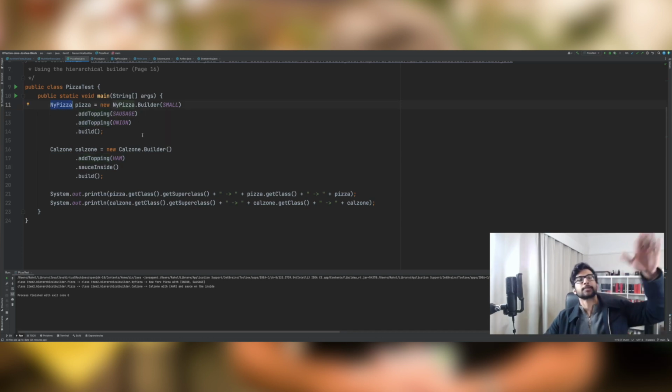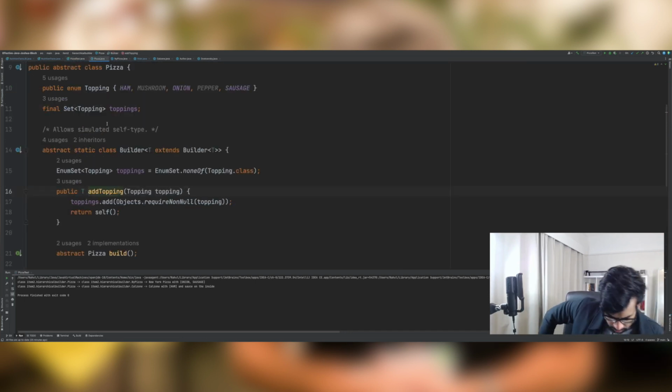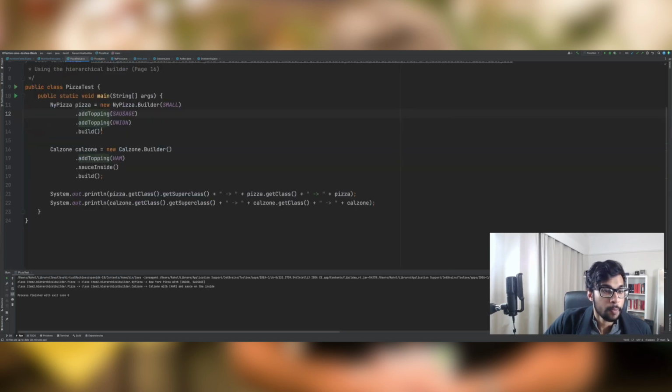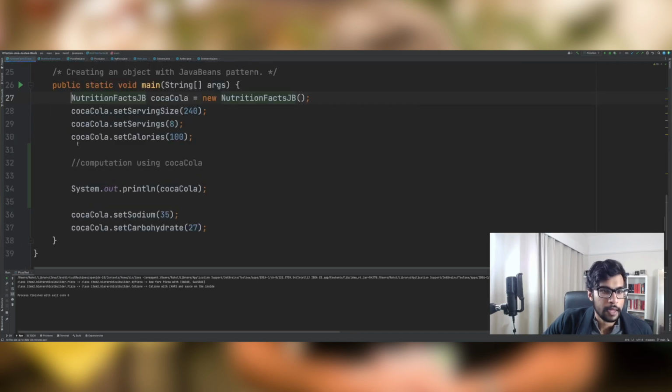It is a subtype of pizza, and it does fulfill that contract down the method chaining, if that makes sense. And to conclude, Joshua Bloch states, "A minor advantage of builders over constructors is that builders can have multiple varargs parameters because each parameter is specified in its own method." Makes sense. I think the New York Pizza test probably isn't the best example, but a good example would be